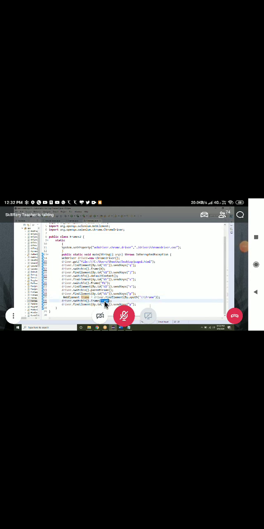Either we can use address, or you can use an integer as an index. Integer means index 0, 1, 2, 3 like that. Or you can use a string as the frame, which means ID, name, class name, any attribute you can use. Another option is you can also use a web element.